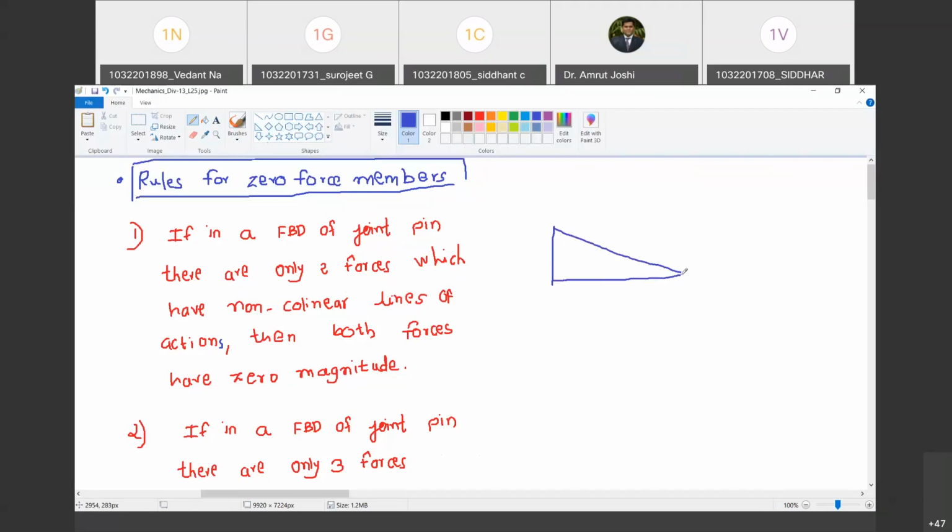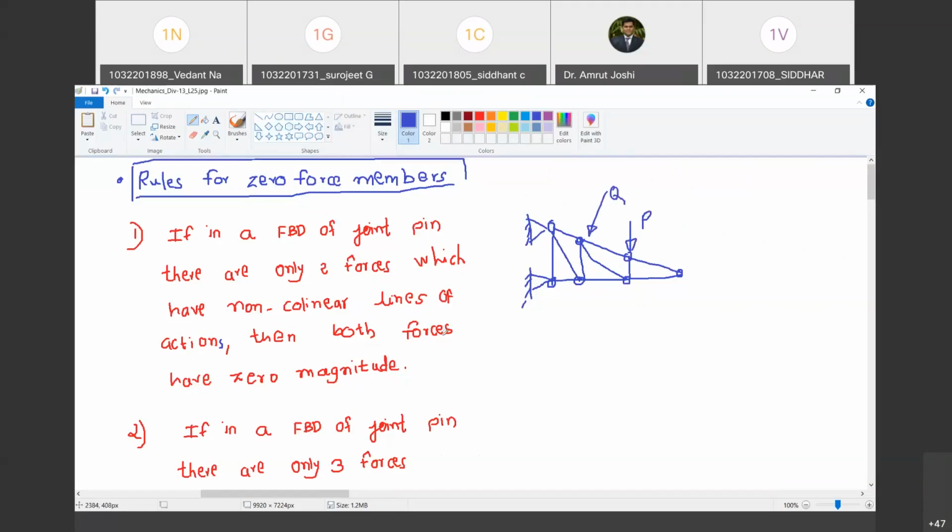So let me draw a truss. This is called a Pratt truss or N truss. Are you with me? Yes, sir. You will see these Ns: the diagonal members and vertical members of the truss look like Ns placed in series. Are you with me? Yes, sir. Let us say this is the support condition. Happy? Yes, sir. And the force is applied like this. Oh, wait a minute. Force is applied like this.